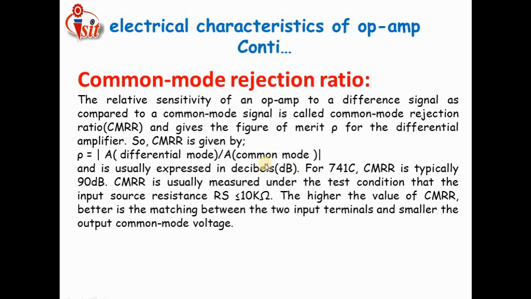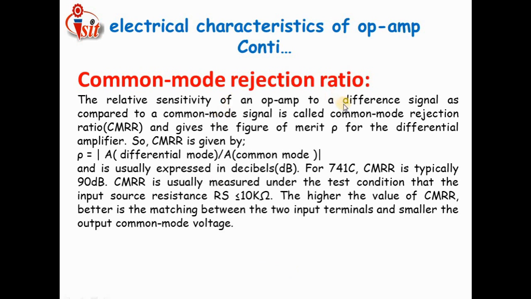That means it is totally related to gain terminology. Common mode rejection ratio is a parameter of gain terminology ratio. For that purpose, we always express the common mode rejection ratio in terms of dB. And how does that conversion to dB take place? That dB conversion takes place by using 20 log to the base 10 or 10 log to the base 10.